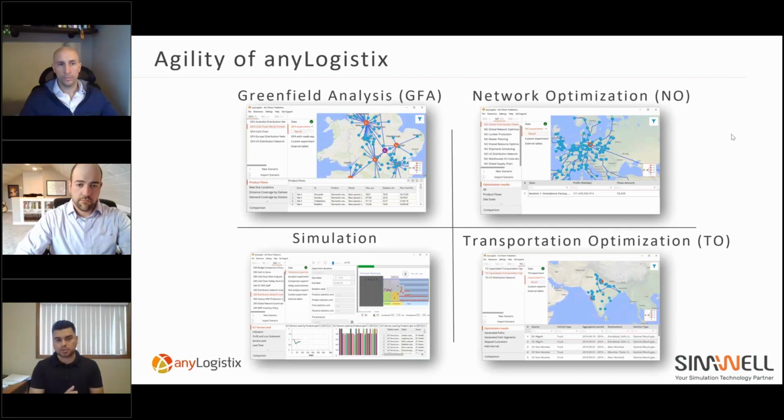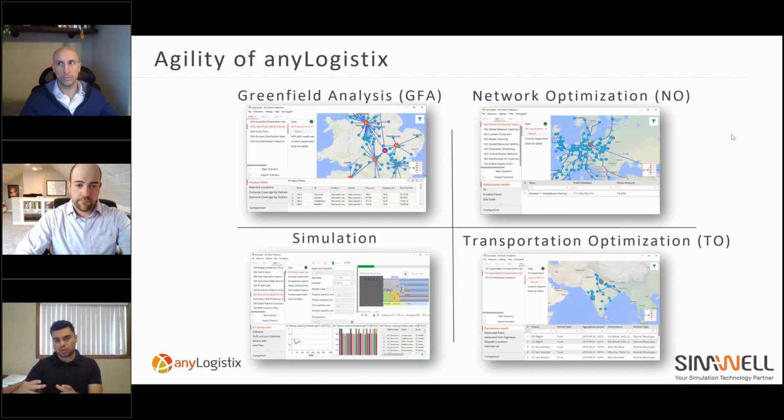And then we have simulation, which is our growing component. This component is becoming more serious and more important every day because there's a lot more focus on the customer. That customer experience can really be pushed through in KPIs using simulation. Keep in mind, simulation is really the future because a lot of technology like digital twins is based on simulation. And just to give a clear indication of the difference between network optimization and simulation: with network optimization, you're getting the best case, while with simulation, you're getting the most likely case.